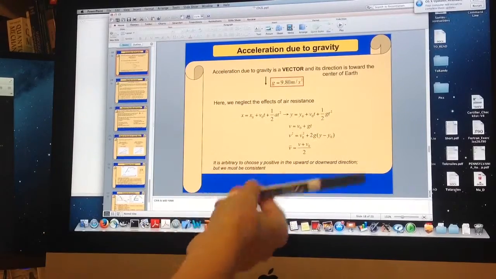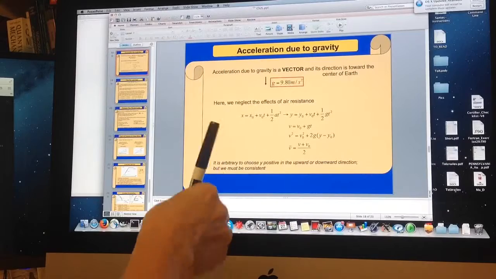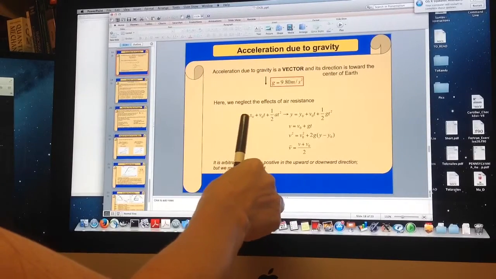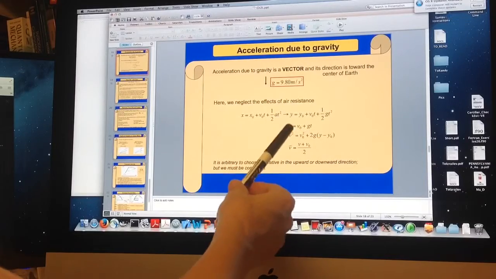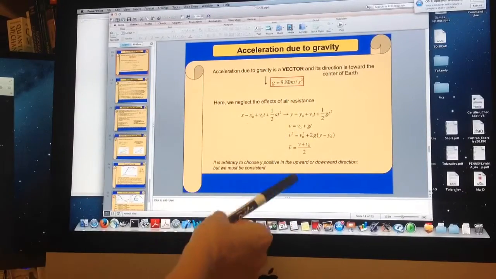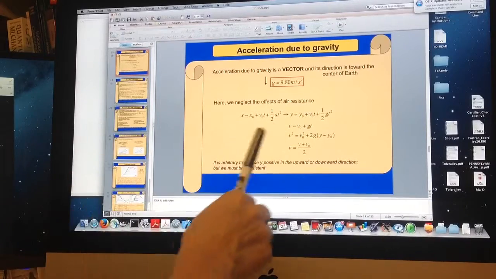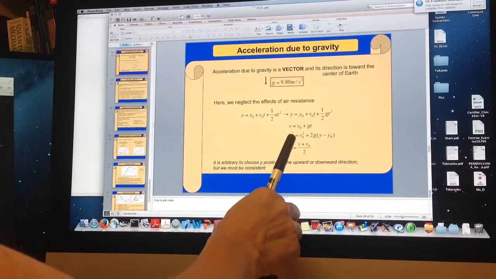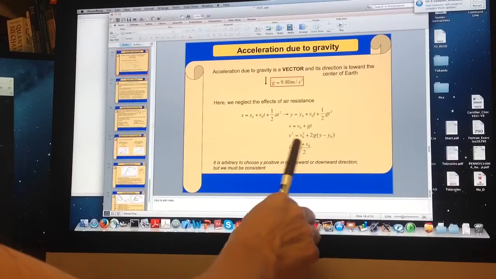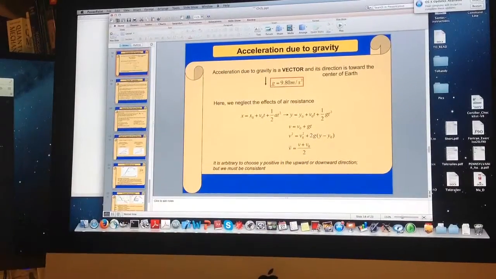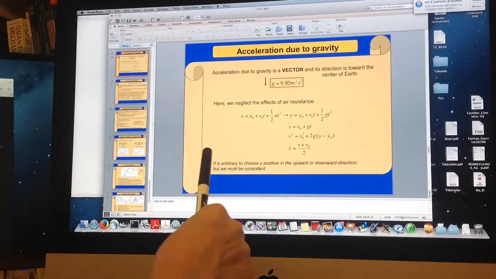And what I can do, if you want, but this is not necessary, since before we talk about horizontal motion we were using x, now you can use y. Not necessary, but for this vertical motion, we use the equation for position in y, the equation for velocity, the equation for velocity with displacement when we do not have time, and the average velocity.